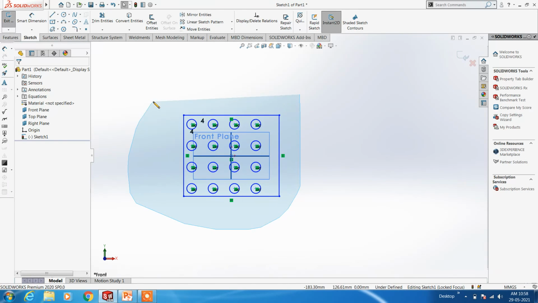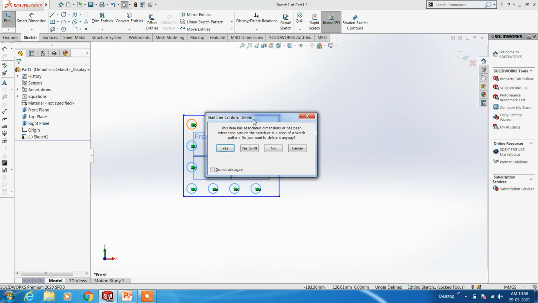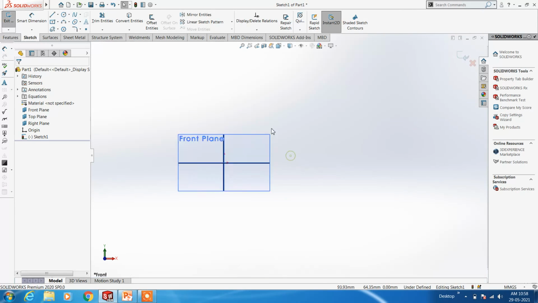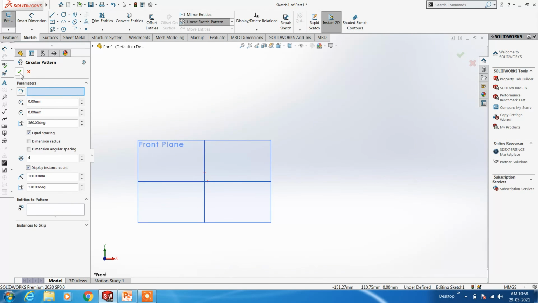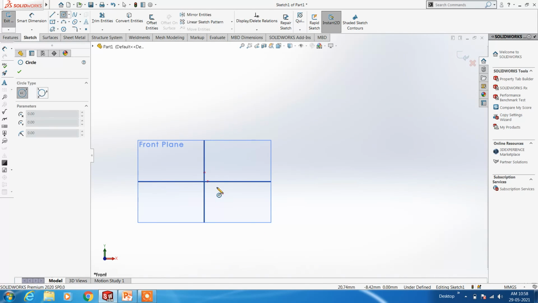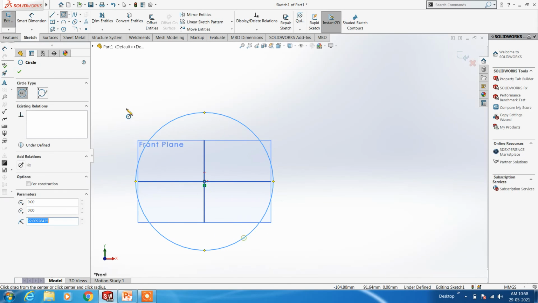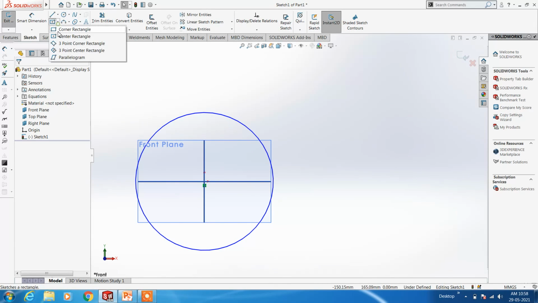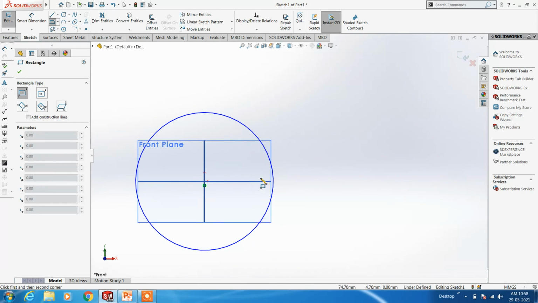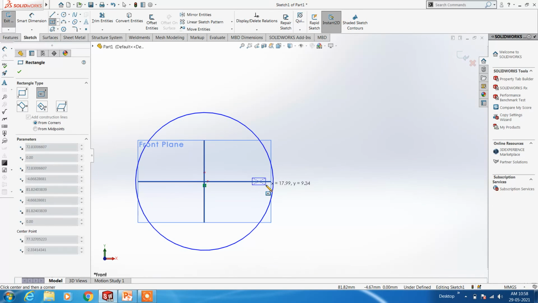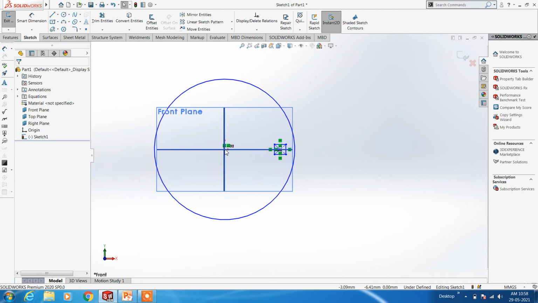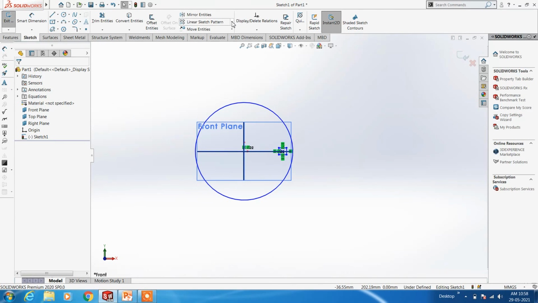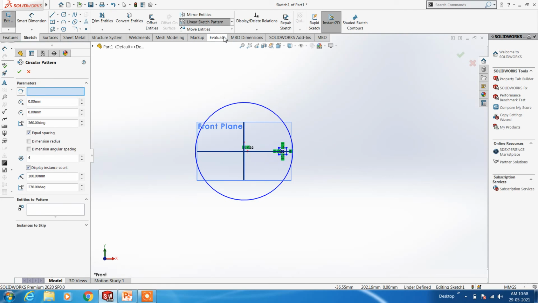Next we move for circular pattern. Circular sketch pattern means your object will be patterned in angular movement, according to this origin point. So go for circular sketch pattern.